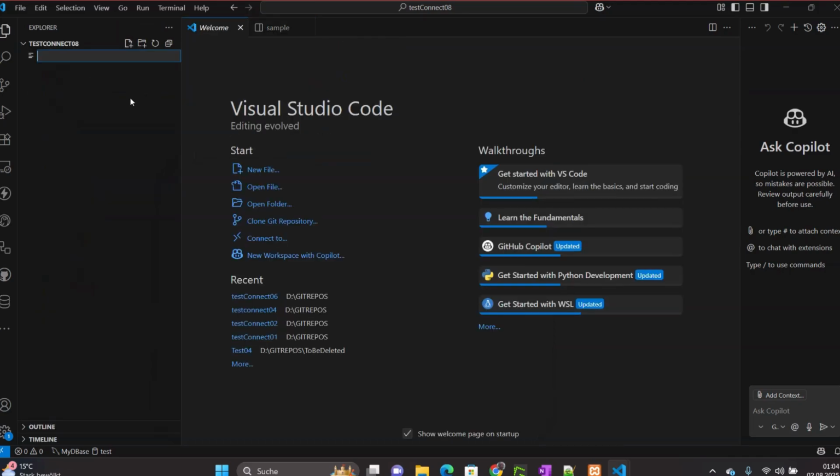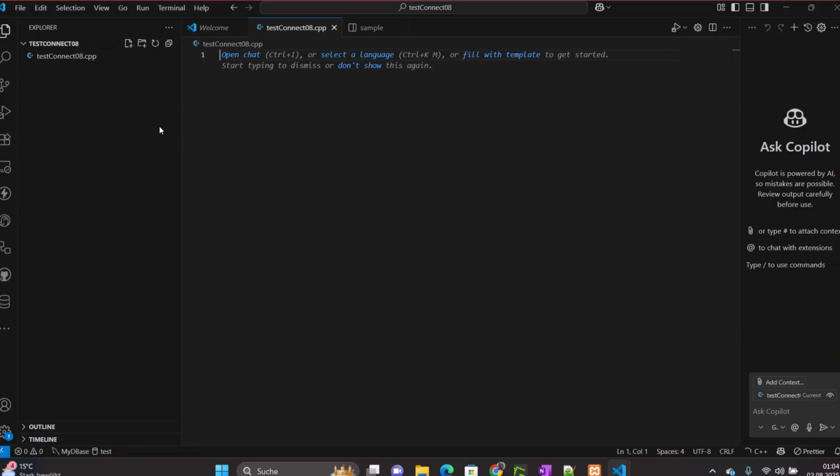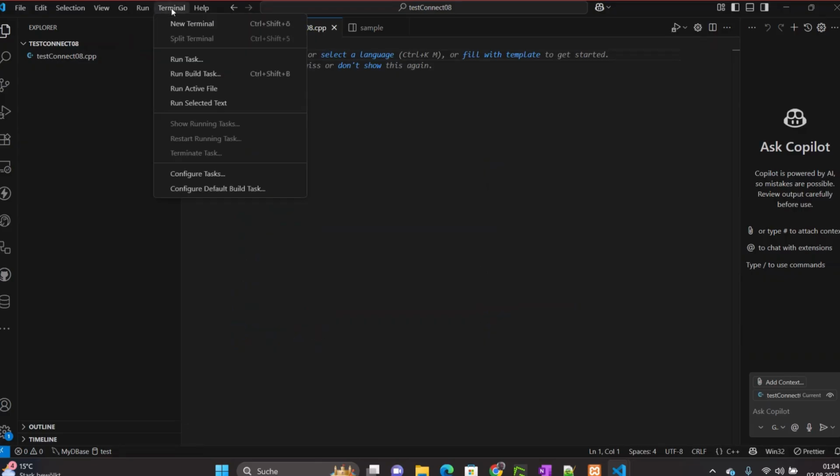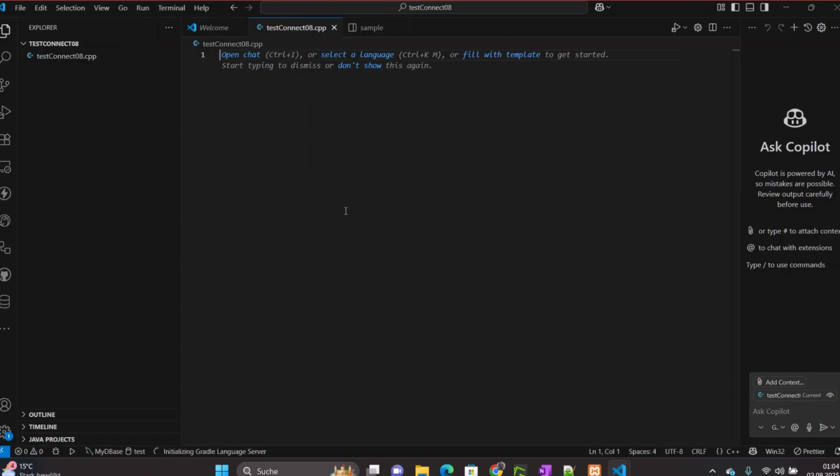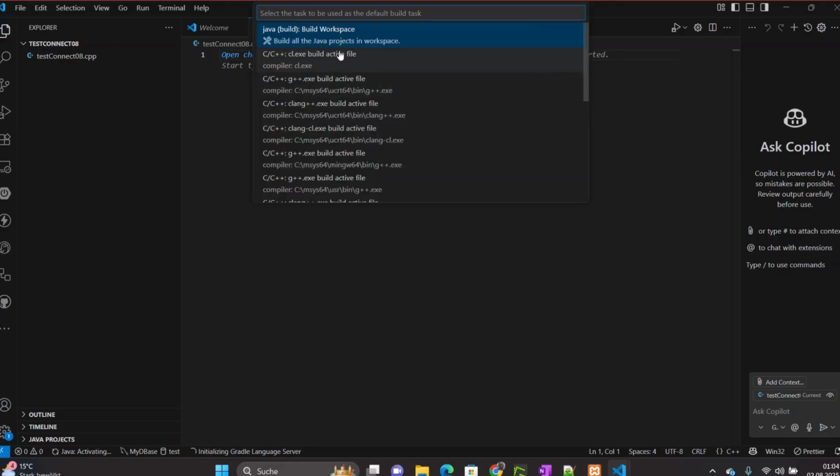Now we are going to create a CPP file called testconnect08.cpp. Once that is created, we select Terminal, Configure Default Build Task. This is going to generate a default tasks.json file, and here we are presented with the different compilers that we have in our system. The first one is for Java, and the second one is cl.exe, which is the one from